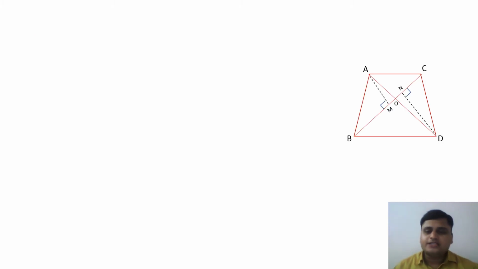another question. Now in this question you all can see this figure, and we have also done the construction. Now let's read this question carefully. In this figure it is given that ABC is one triangle, and another triangle is DBC. These two triangles are drawn on the same base BC.